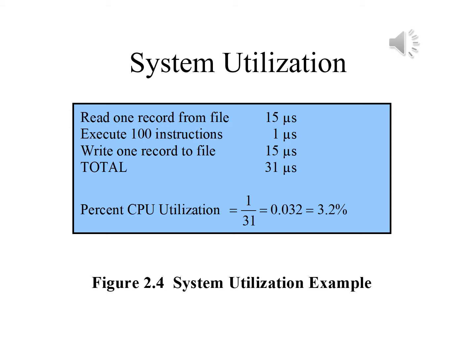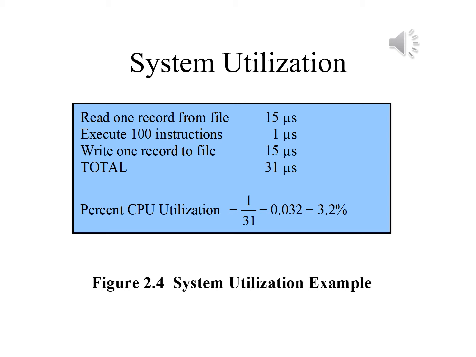The calculation concerns a program that processes a file of records and performs, on average, 100 machine instructions per record. In this example, you can see that we spend all of 1 microsecond executing all 100 instructions, yet we spend 15 microseconds each on reading a single record and another 15 microseconds for writing a single record. That means the computer spends over 96% of its time waiting for input-output devices to finish transferring data to and